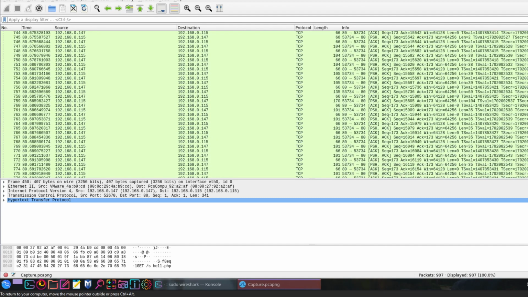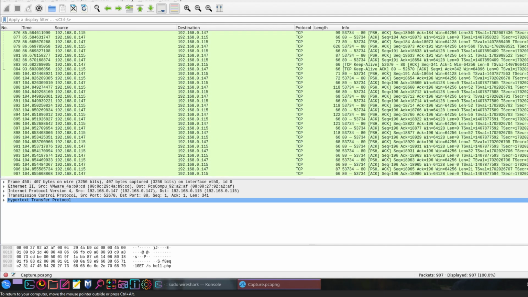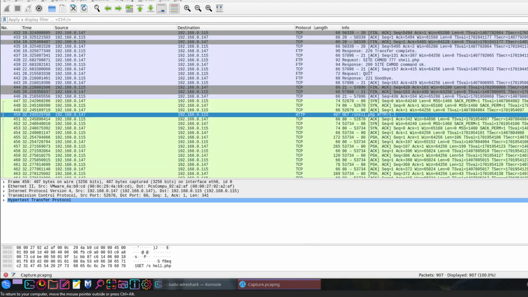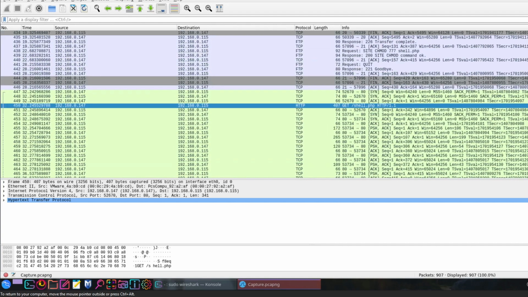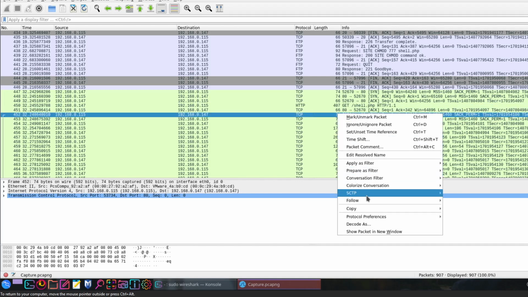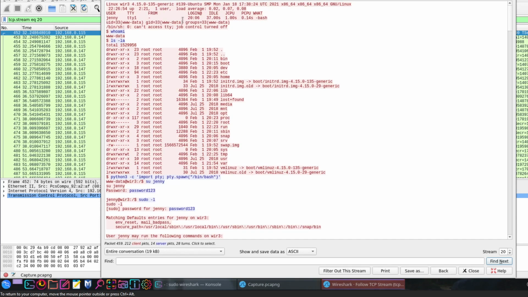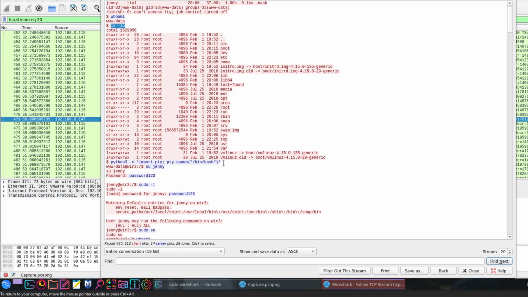Let's go down. And the rest of the communications are between the attacker and the victim after gaining the reverse shell. So let's click on sync. See here. So starting from here, as you can see, the attacker first gained the connection, issued whoami, ls -la, upgraded their